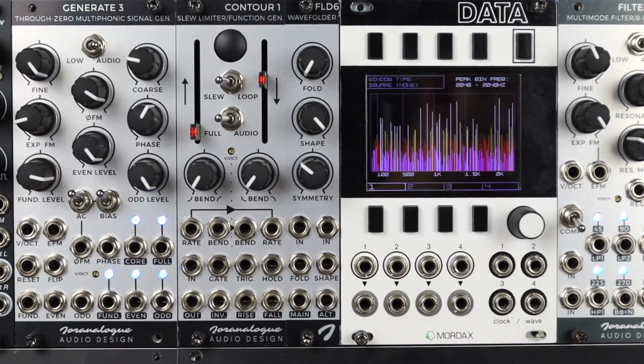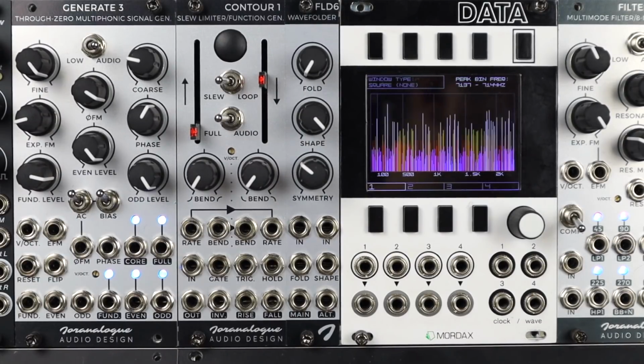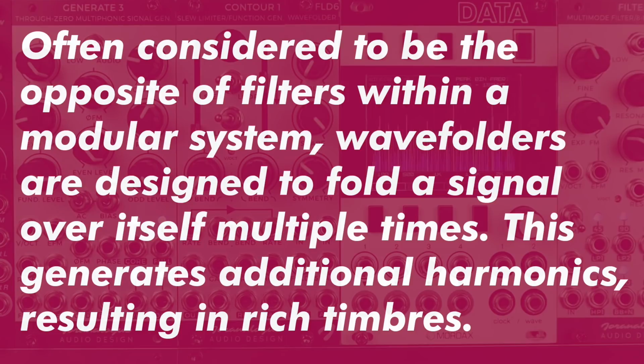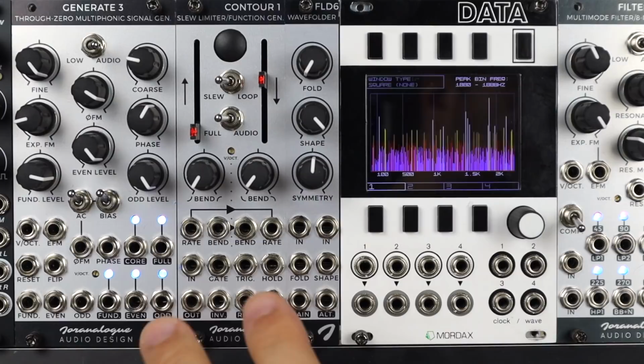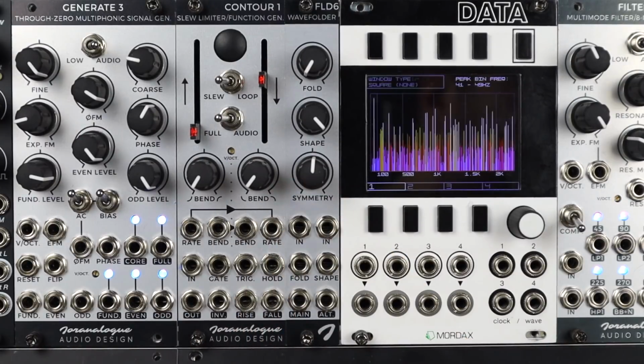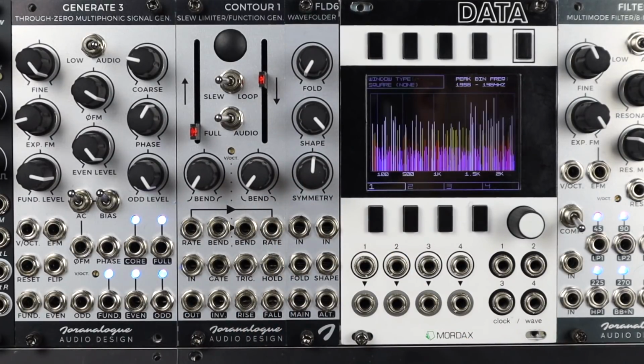I'd like to start the video by quoting the website, which states, "Often considered to be the opposite of filters within a modular system, wavefolders are designed to fold a signal over itself multiple times, and this generates additional harmonics resulting in rich timbres." So Fold 6 is 4 HP with 2 inputs to mix your audio or sub-audio modulation